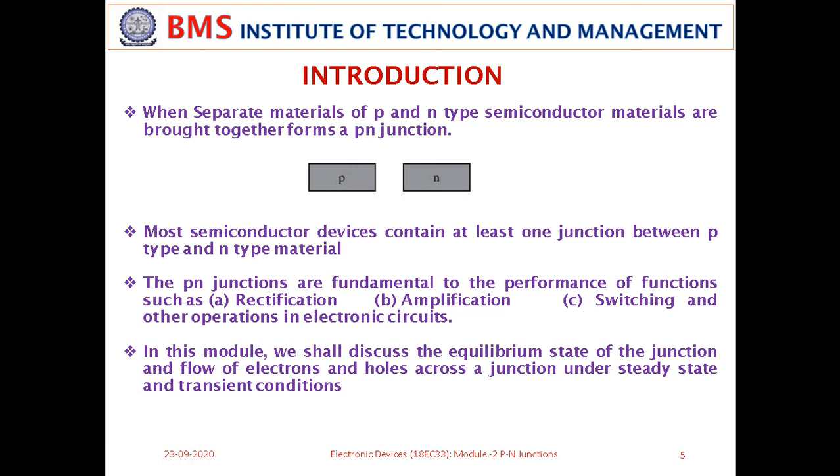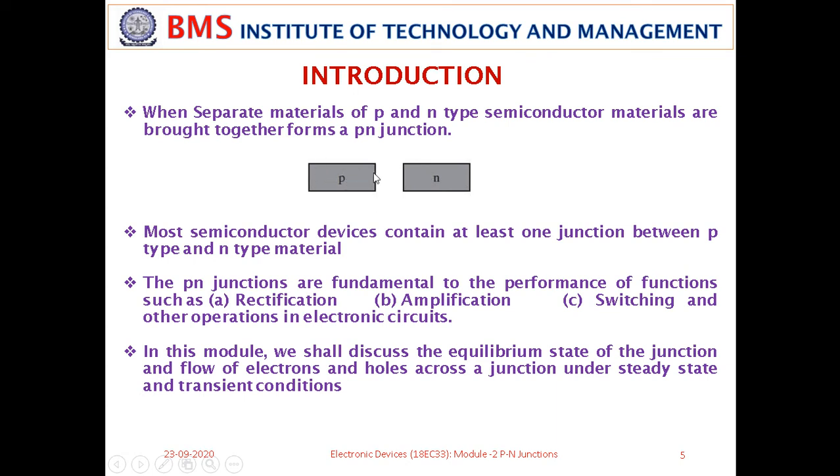We should take a p-type semiconductor and diffuse it with n type impurities. That's the way you can make a p-n junction, or vice versa. Take an n-type semiconductor and diffuse it with p-type material, and you can make a p-n junction. That is the practical way of making p-n junctions. Though in theory we say that we club together a p-type and an n-type semiconductor, that forms a p-n junction.